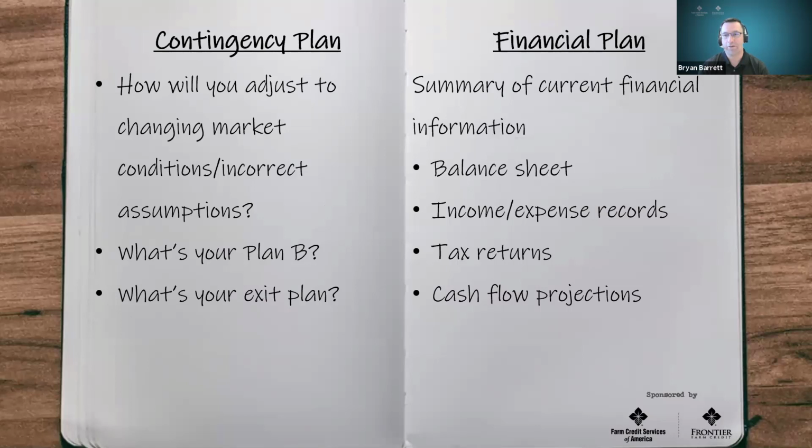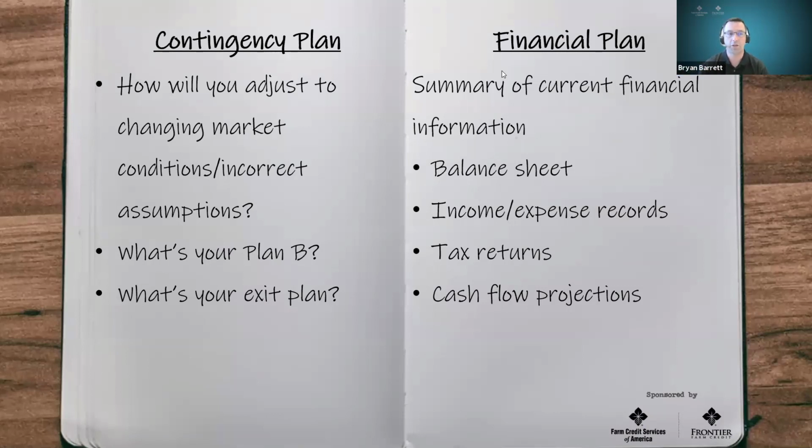Contingency plans is another uncomfortable part of a business plan. It's really understanding and outlining how you're going to adjust to changes in the market. As we've seen, the commodity markets have changed a lot during the past year. And then also your business plan and your financials are a look into the future, which we don't have all of the information for. So inevitably, there's going to be some assumptions that end up being incorrect. So how are you going to adjust to make sure that you can still achieve your goals